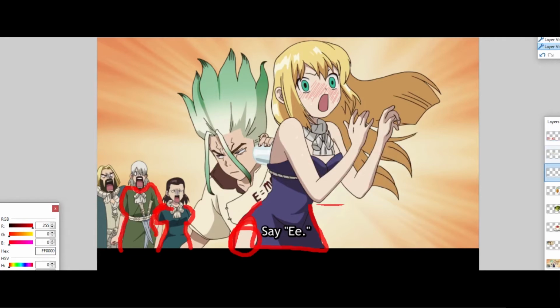Moving on. If you look at the image here, if you look a bit more, Rui's blushing. Typical blushing fashion, which is really cute, but the typical viewer might think that she's just blushing because Senku's putting the, what is that, glass or something, on her bare back, and we might be thinking that she's blushing because, oh no, the guy is touching my back with, I think it's like a cup of sorts, it doesn't matter. You might think she's blushing because she's embarrassed, but I like to assert that might